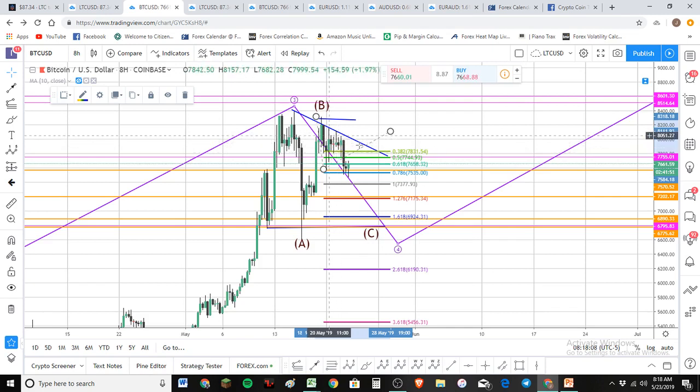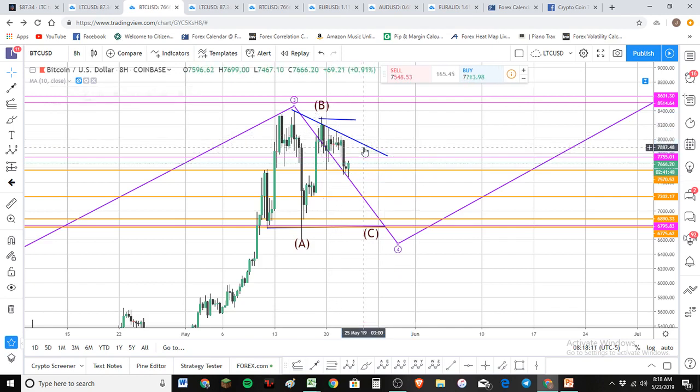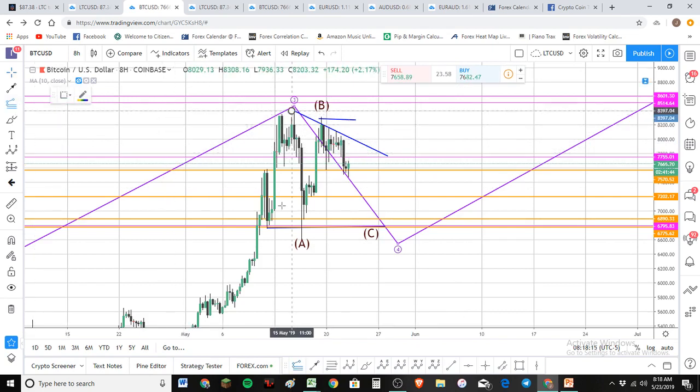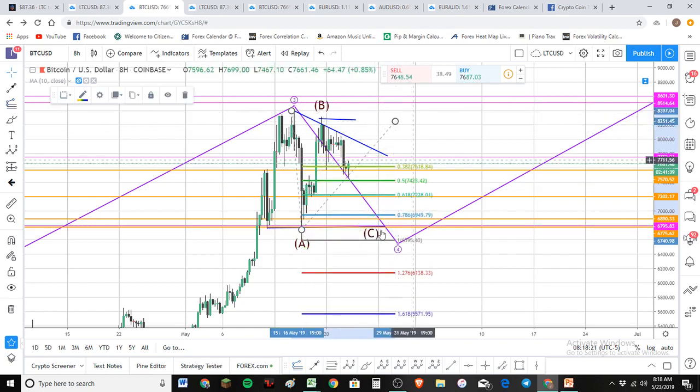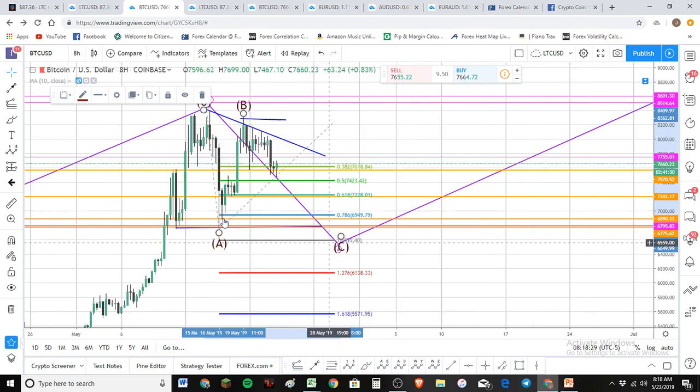Well, I actually have the fibs in the wrong place here. Hold on a second. Sorry. We're going to start it from the A wave. I don't know whether to include that wick or not. I'm still having trouble with that. All right. Here's the 1-to-1 extension down here, and that's where I have C coming down to the 1-to-1 extension, about $6,400. There's not a whole lot of structure to support that, so that's what makes me think